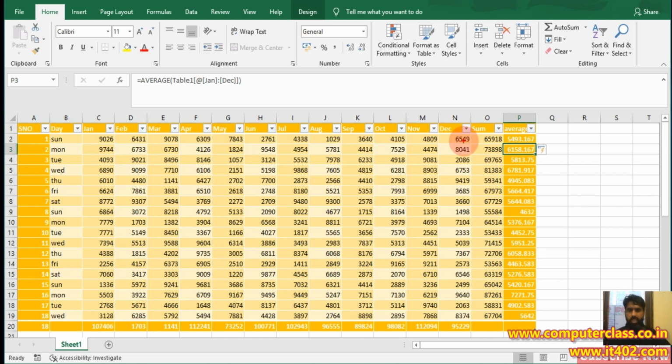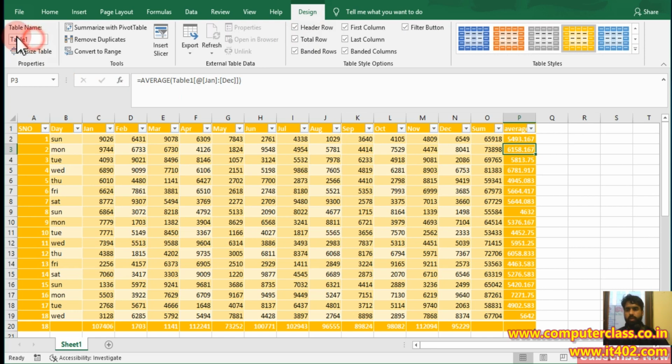And if you go through the formula, the formula language has also changed. Equal to average, then Table1, at the rate January to December, Jan colon December. Whatever data you selected and converted into a table, you can save that particular data under any specific name. Go to the design tab, this is Table1, now change this one to sales record.